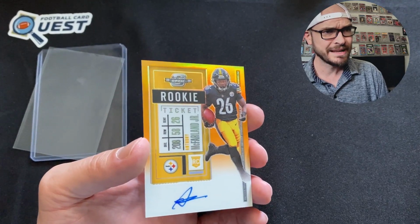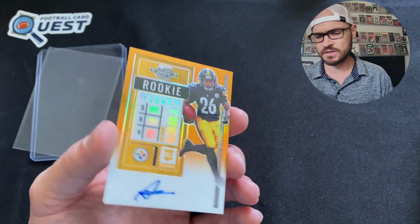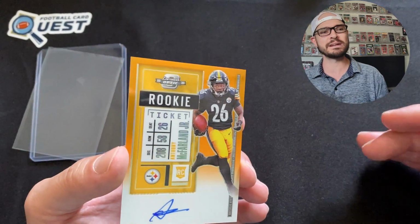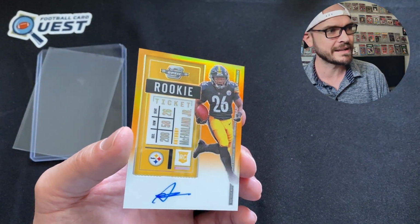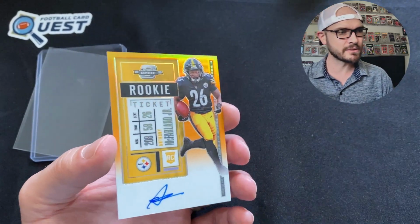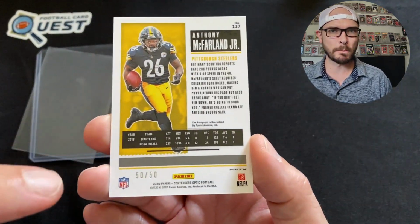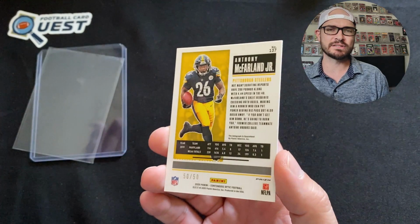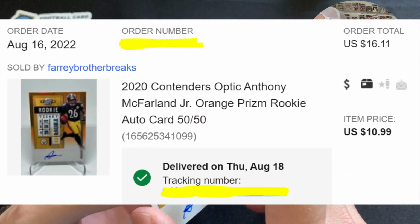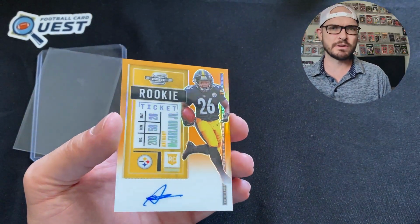Had an incredible 8 yards per carry. 8 yards per carry, 7 carries, 56 yards, had a couple nice runs last week in the preseason, and that's all I need right now to generate some hype for me to be able to flip this for a nice profit, because this is an orange Prism rookie ticket auto, numbered 50 out of 50, got me a nice little bookend here, and I got it for $10.99. Add in the $4 shipping, that's about 15, 16 bucks out the door. We're gonna go ahead and relist this for 30, 35, see if we can't flip it here in the preseason,